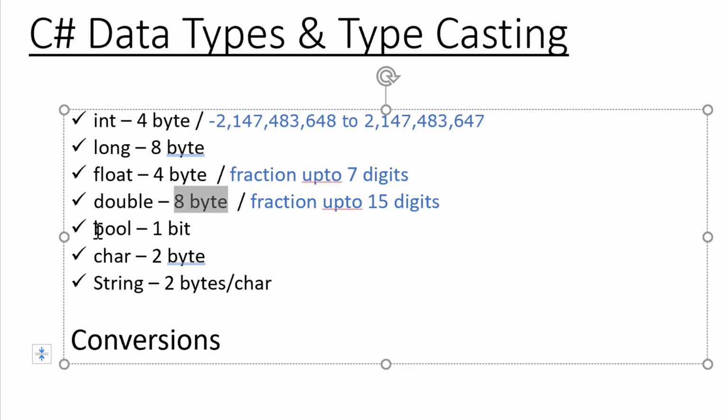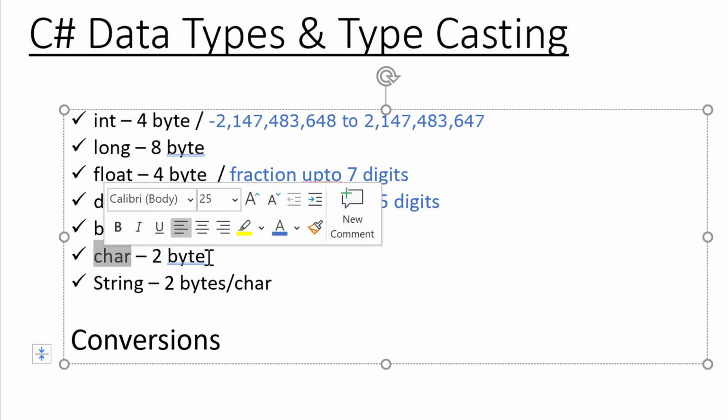The next variable we have is boolean. Boolean says true and false, right? Because this is either 0 or 1, we'll have 0 for false and 1 for true. So we can say it requires just one bit of storage. Now next we have character. Character means each character, like A, B, C. Each character takes 2 bytes of storage, right? So this char variable takes 2 bytes. Now strings are made of characters.